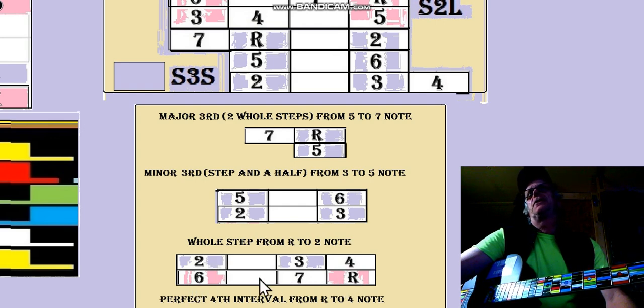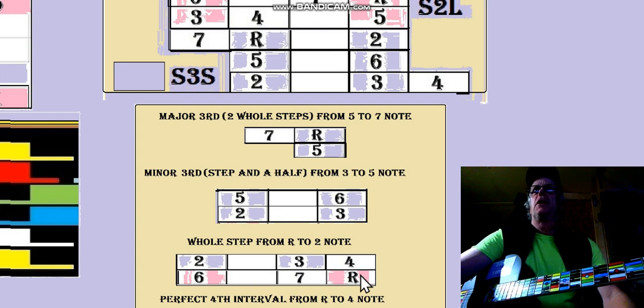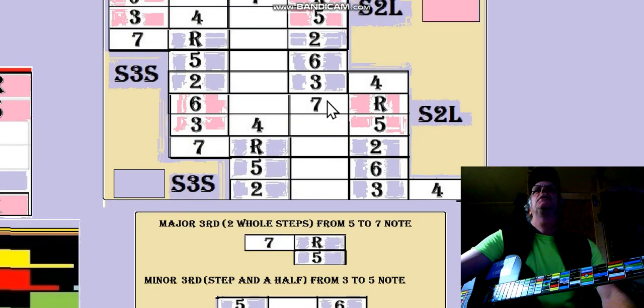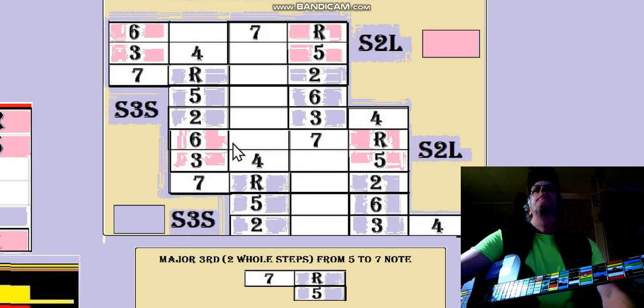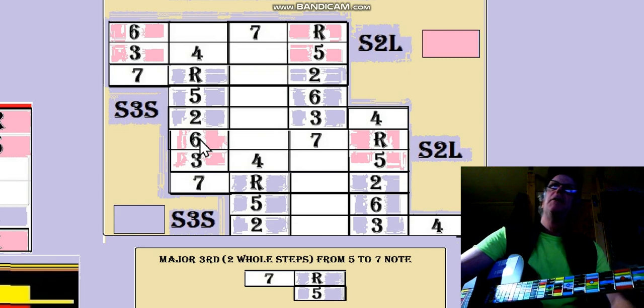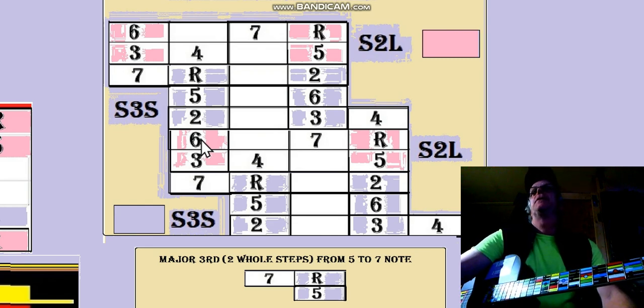Now the horizontal intervals, you've got to figure them out. But on guitar, straight up is a fourth. The next one over is a major third, that's 2 whole steps. 2 over is a minor third, and 3 over is a whole step. So back up here, the 5, 3 over is a whole step to the 6. Now that 6, 7, R is